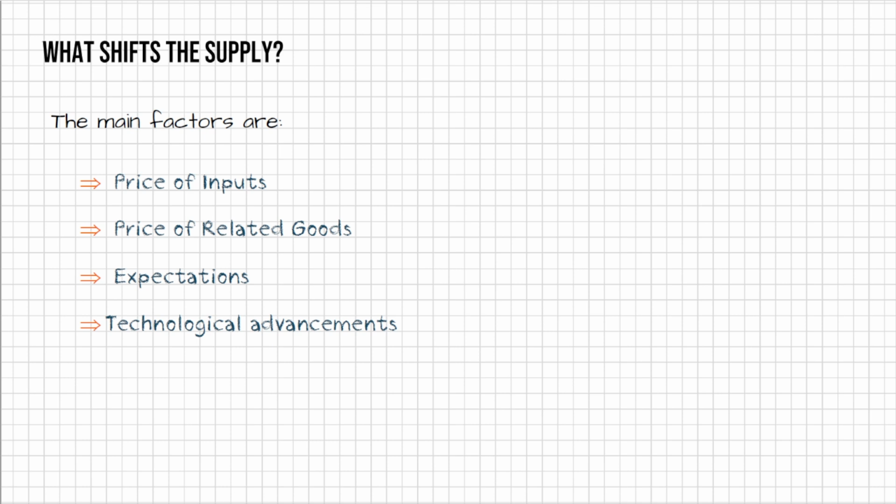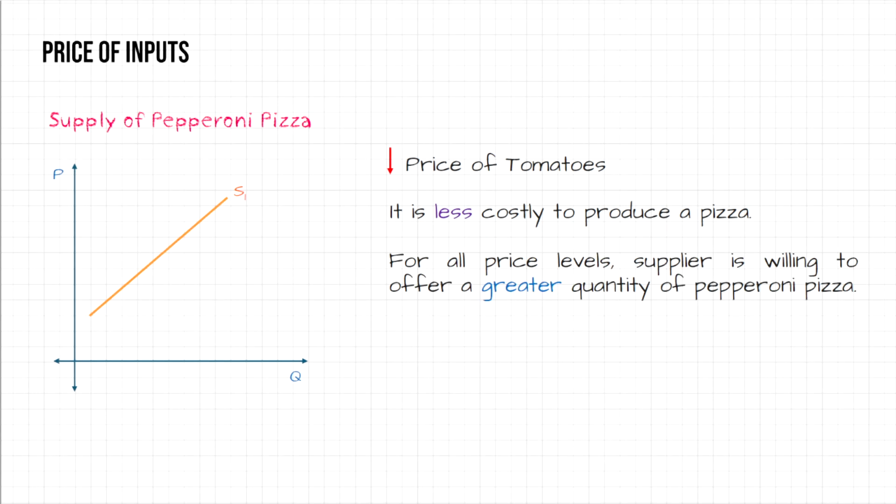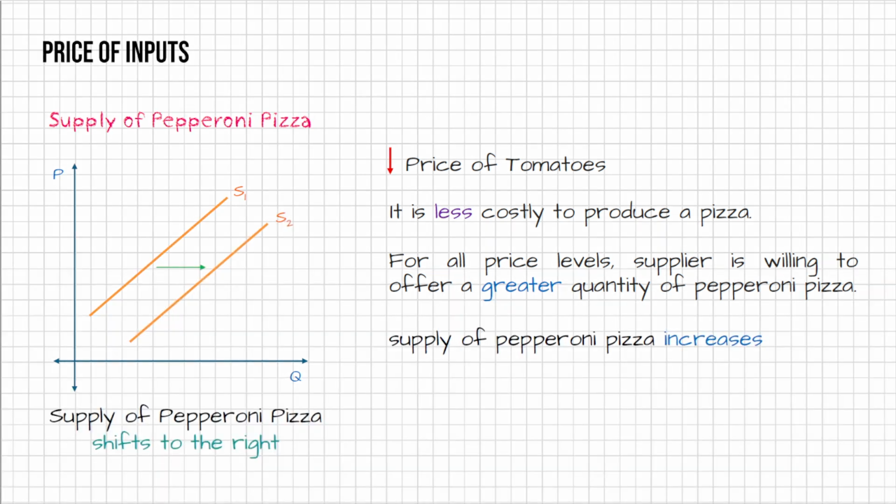Let's start with the price of inputs. What do we need to produce a good? Inputs are needed, and the prices of these inputs affect the production cost. Let's think of a pizza place. To make a pepperoni pizza, what is needed? Flour, yeast, tomatoes, mozzarella, pepperoni sausage, and onions. These are all inputs. Now let's assume the price of tomatoes dropped. Since tomatoes are an input, their price drop makes it less costly to produce a pizza. So a drop in the tomatoes' price affects the supply positively, so the supply increases and the supply curve shifts